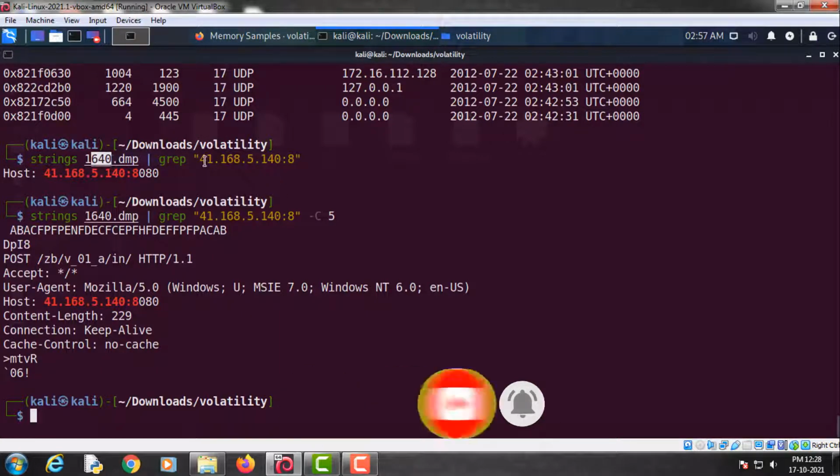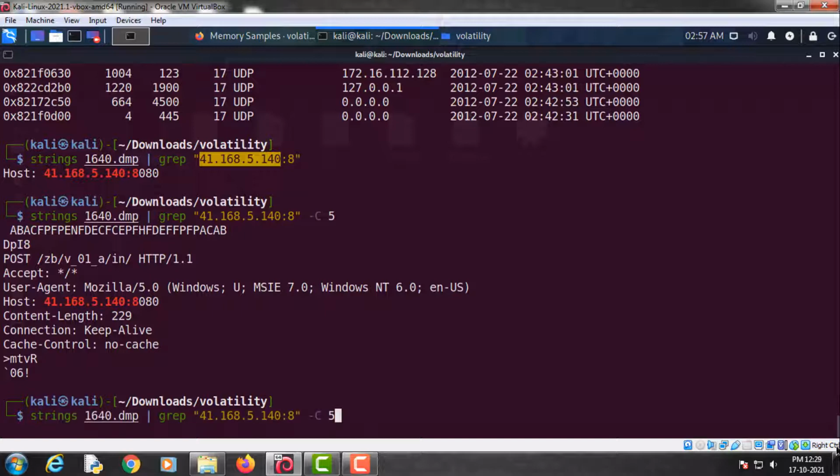So now next step is we will examine this 1640 exe file.